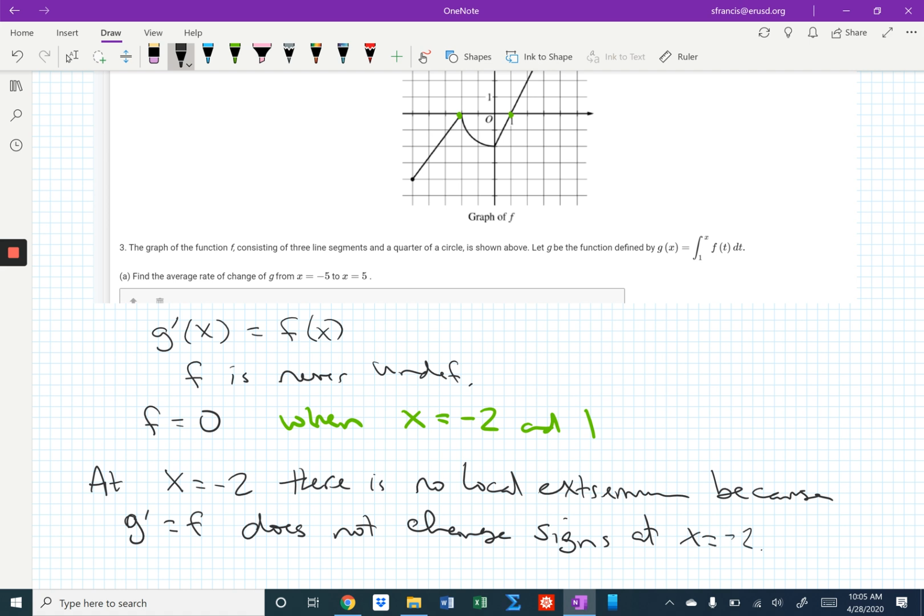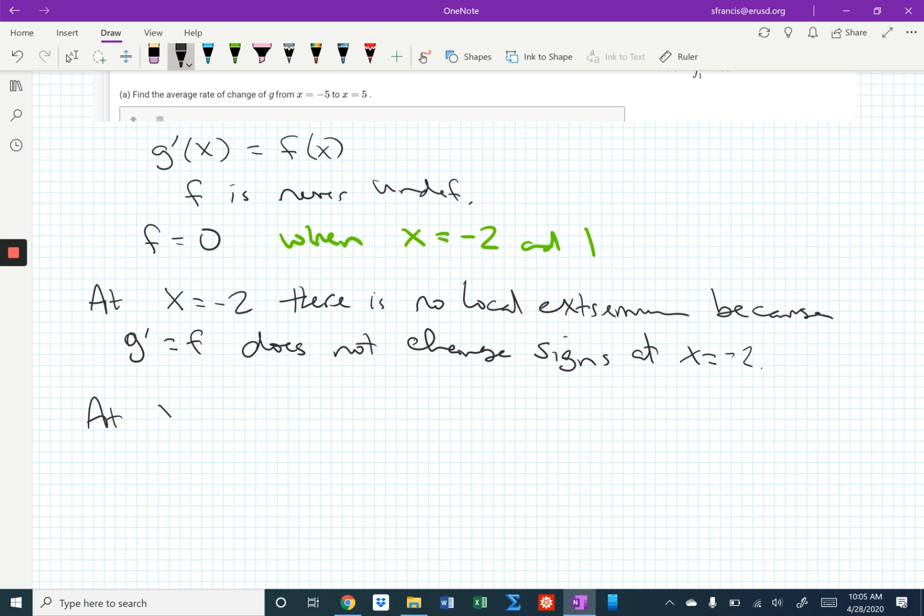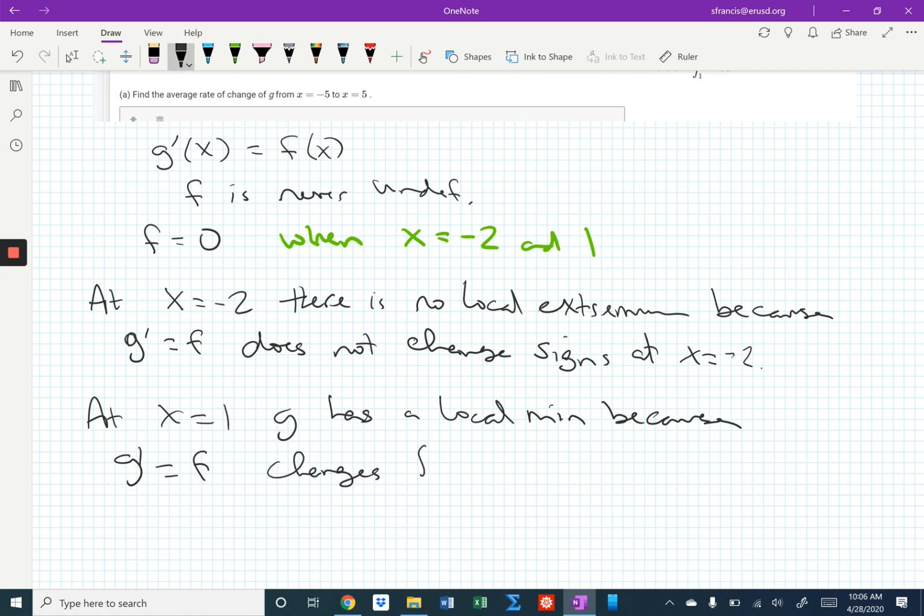Now, what was happening at x equals 1? I'm going to have to scroll up in a minute, but let's get the answer down first. Well, right before 1, g prime, which is f, is negative. Right after, it's positive. So when the graph changes from negative to positive, that means we're going to have a local minimum, okay? So at x equals 1, you could say g has a local min because g prime, which equals f, changes from